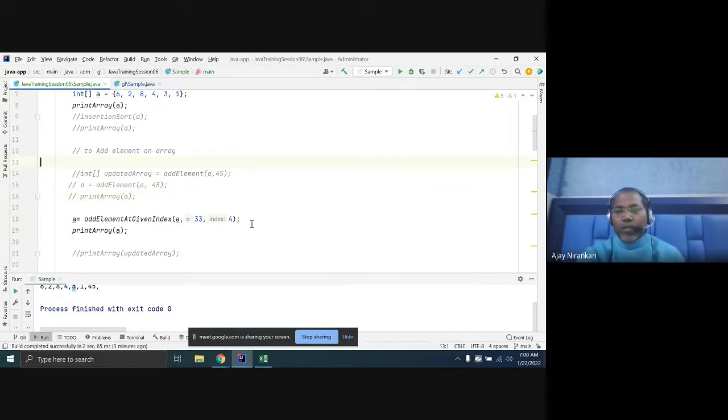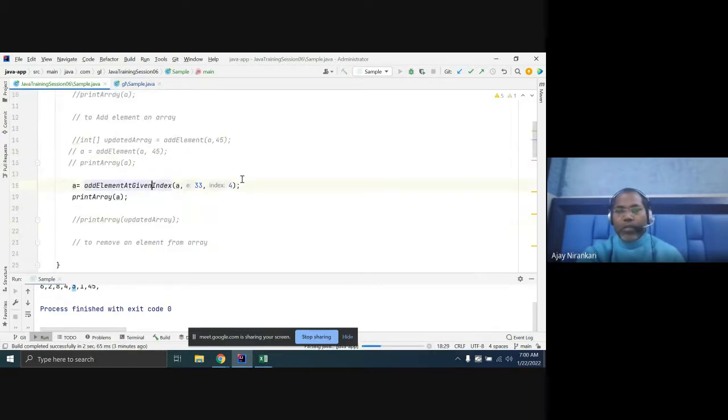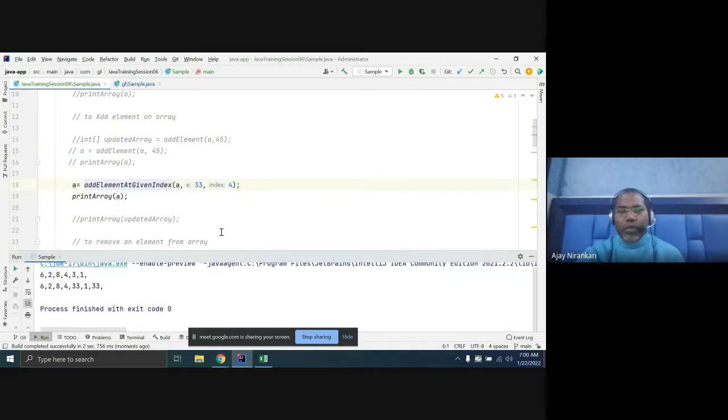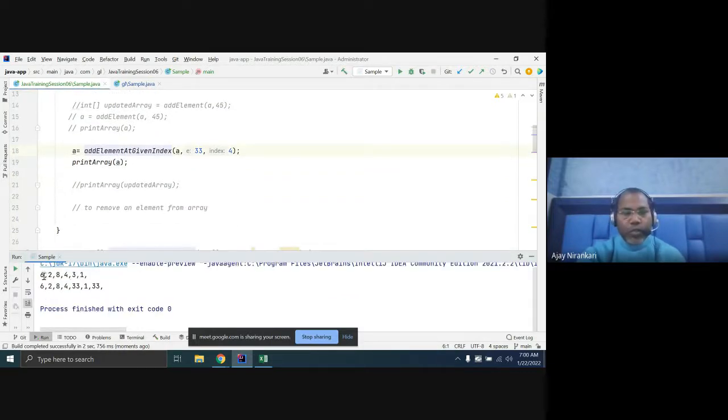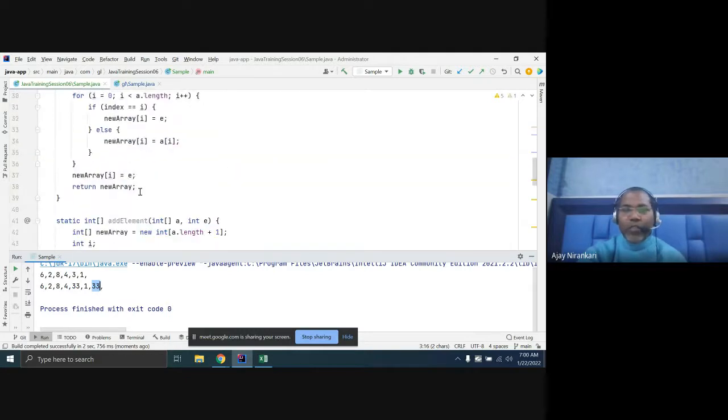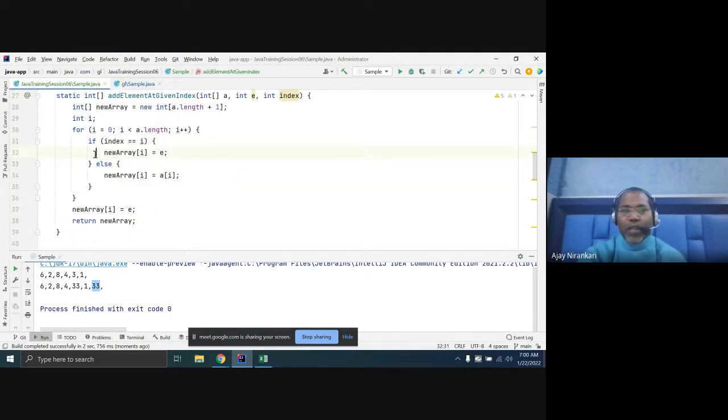And in this code there is one problem. I'll explain what the problem is. This fourth position, 0, 1, 2, 3, fourth, has 33 added. But 33 is added here also. So that is a problem. You have to ensure that whenever your element is assigned here, you don't assign here.